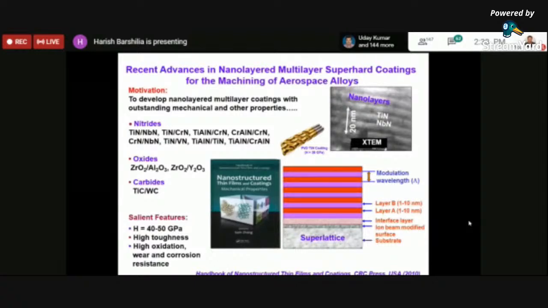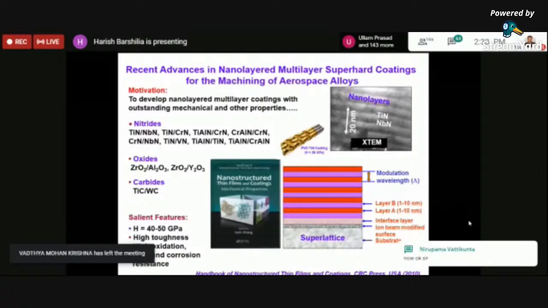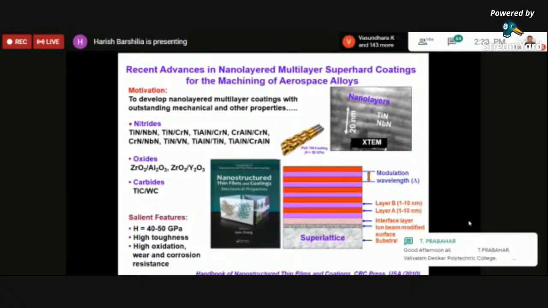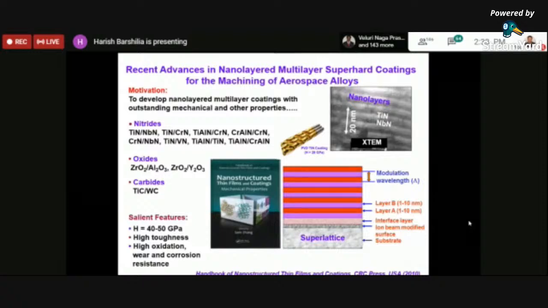So we have done a lot of work on what we call nano-layered, multi-layer superhard coatings. Superhard means the hardness of these coatings is greater than 40 gigapascal. 1 gigapascal is about 100 kg per mm squared. Diamond, the hardest known material, has a hardness of about 100 gigapascal. In these materials, we can achieve a hardness of about 50 gigapascal. Titanium nitride has a hardness of about 20 to 25. In these nano-layer, multi-layer coatings, on the right-hand side you can see a cross-sectional TEM image,